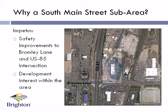So, what has prompted the need for a sub-area plan for South Main Street? The main impetus is the city has received federal money that's been earmarked for safety improvements to the intersection of US 85 and Bromley Lane. Again with the arrow, this is the intersection. The improvements include an additional left turn lane from southbound US 85 to eastbound Bromley Lane,